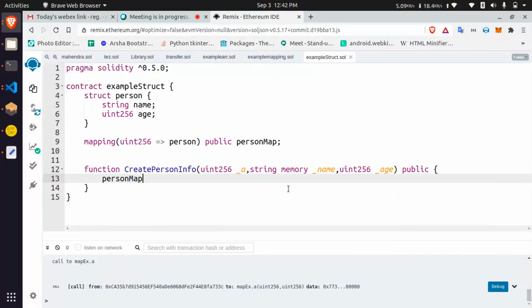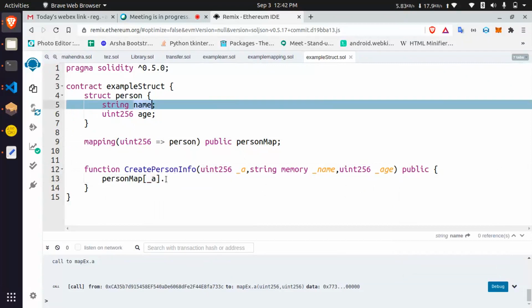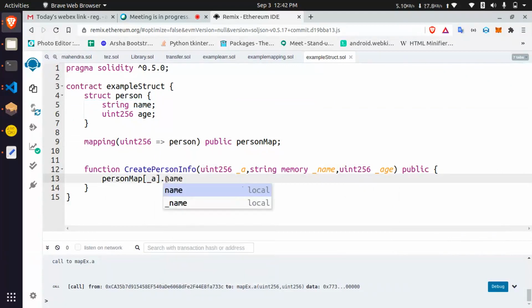Then person map of the uint256 key, dot name, equal to the name.